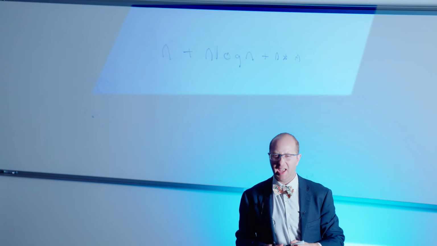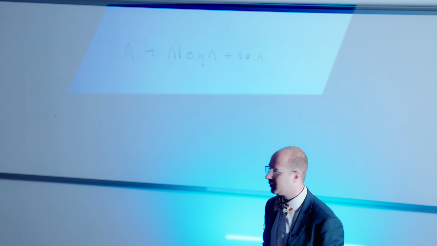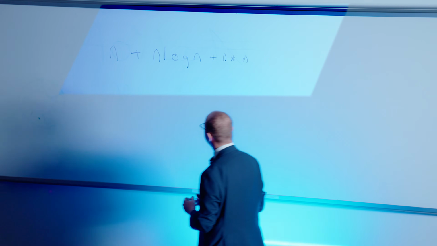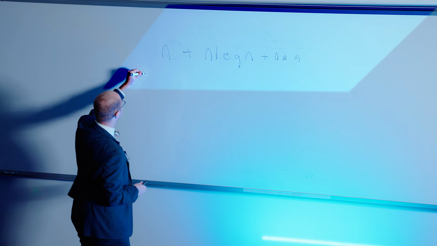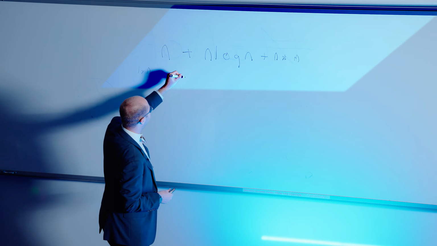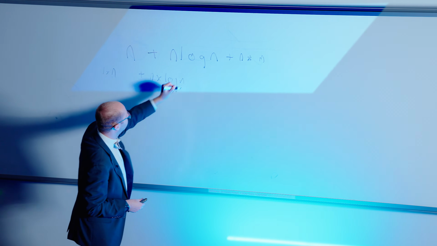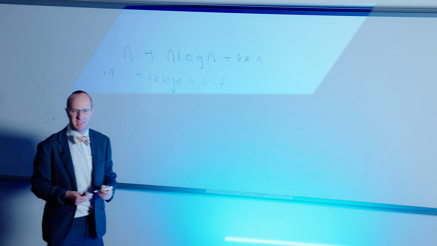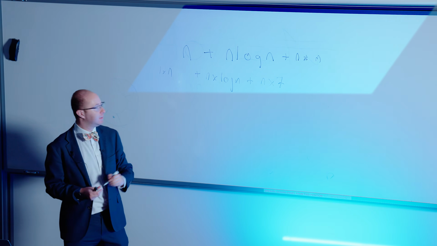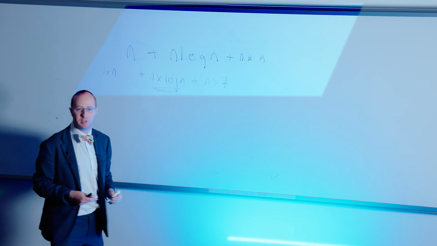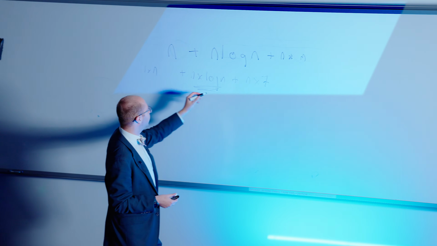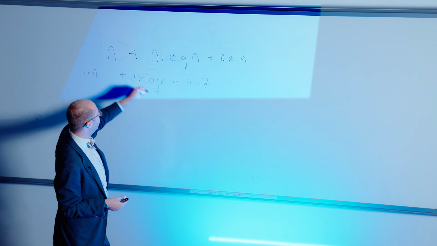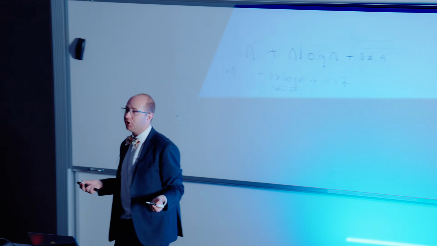Now what do we say about m? Is it big or small? Small. Okay, so which of these terms is going to be the biggest? So this is n times 1. This is n times log n. And this is like n times, I don't know, 7. Which of these is going to be the biggest? This one is probably going to be the biggest as soon as n starts getting large. If n is 1, then it doesn't really matter, and n times 7 is going to be the biggest. But as soon as n gets big, log n, even though it grows slowly, is still going to grow.